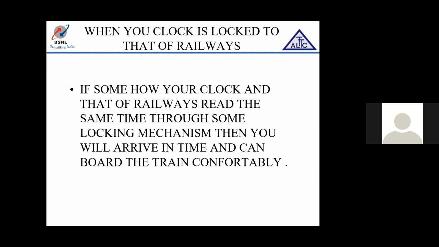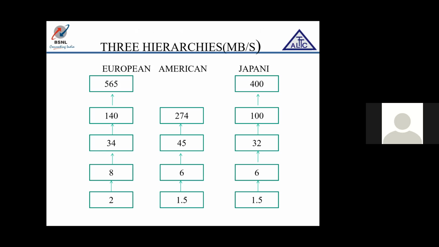And the third scenario, when our network is properly synchronized, then this is the case. Then we get the proper train. The passenger is able to catch the train. So these three scenarios are there. So this synchronization is very much essential. If the connection of our equipment with the master clock is lost, there will be deterioration in the quality of the service. So SDH technology ensures that